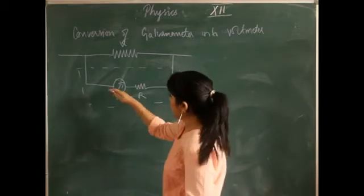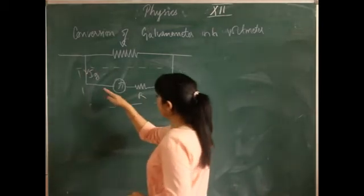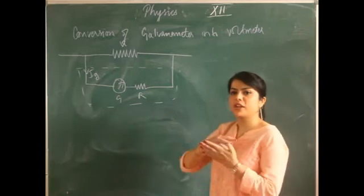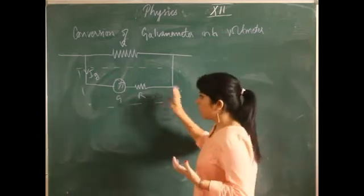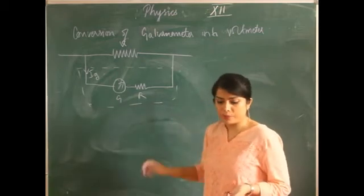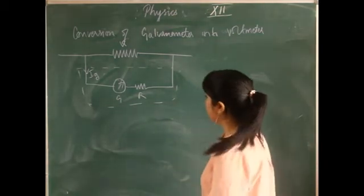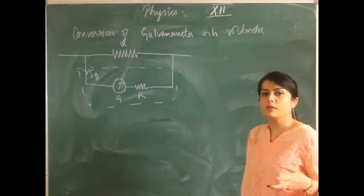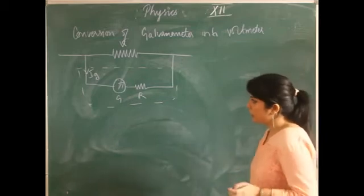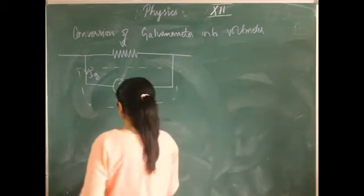Now the current flowing in this part, let us think, is Ig. We don't have to divide the current because it is in series, and in series the same amount of current flows over here. Now next one, what we will calculate is through the equation of current itself, because the potential gets divided. So current over here is Ig. So current is equal to